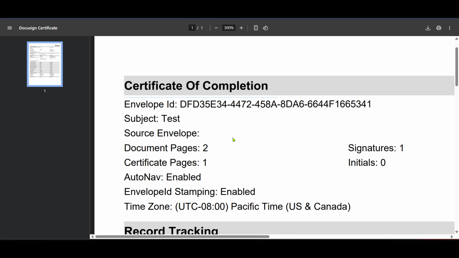And there you have it, you've successfully viewed a certificate of completion in Docusign. This document not only acts as proof that an agreement was finalized, but also provides transparency and peace of mind. Whether you're managing business contracts or personal agreements, understanding how to access these certificates is essential for ensuring all your transactions are documented